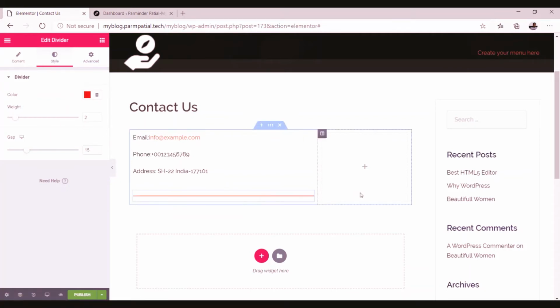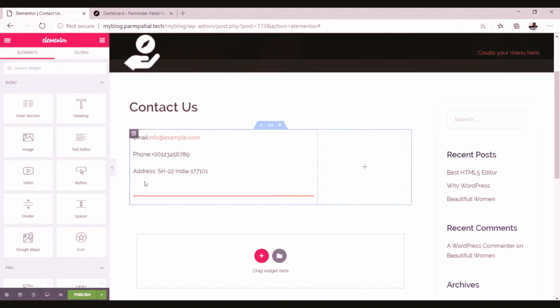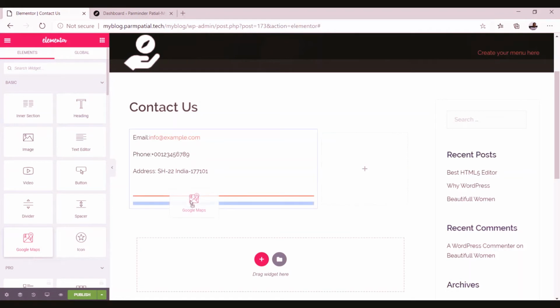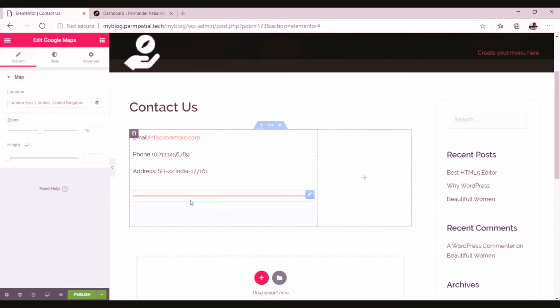Then I wanted to add the map, so in this case you simply have to go to this option, that is Google Map, select it from here and drag it here below the divider.